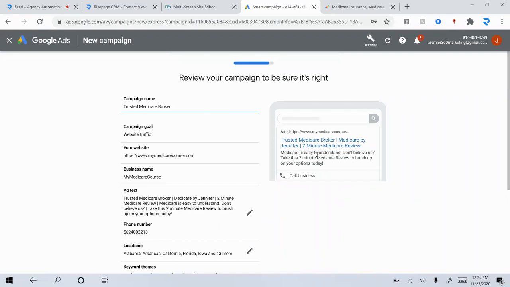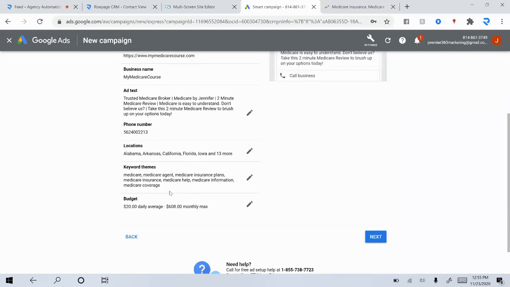So now we're building out what the ad looks like. We've already given the keywords. We've ranked the keywords based on priority. We want to rank as high as we possibly can to show up number one inside the Google search algorithm. When they search it, we want our ad to be number one, and we do that in a couple of ways. All of those Medicare keywords that we just got right here, we just need to take this,